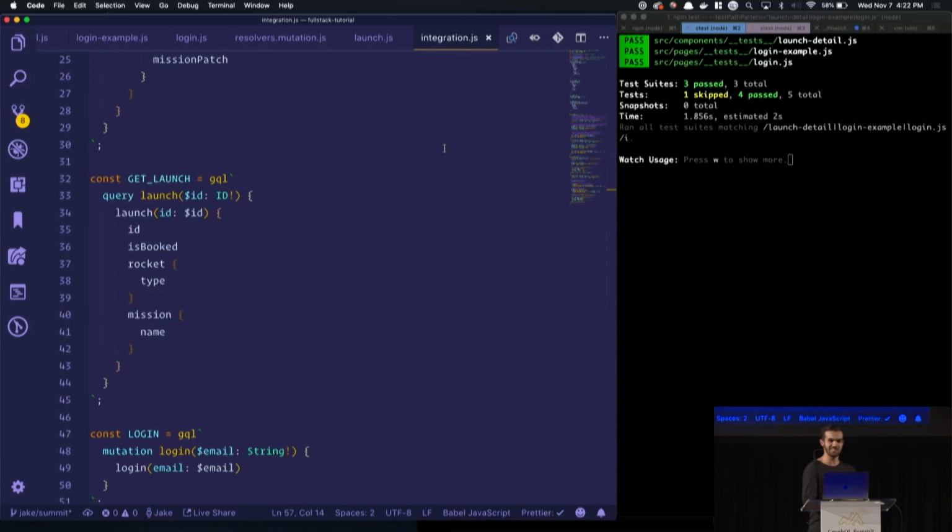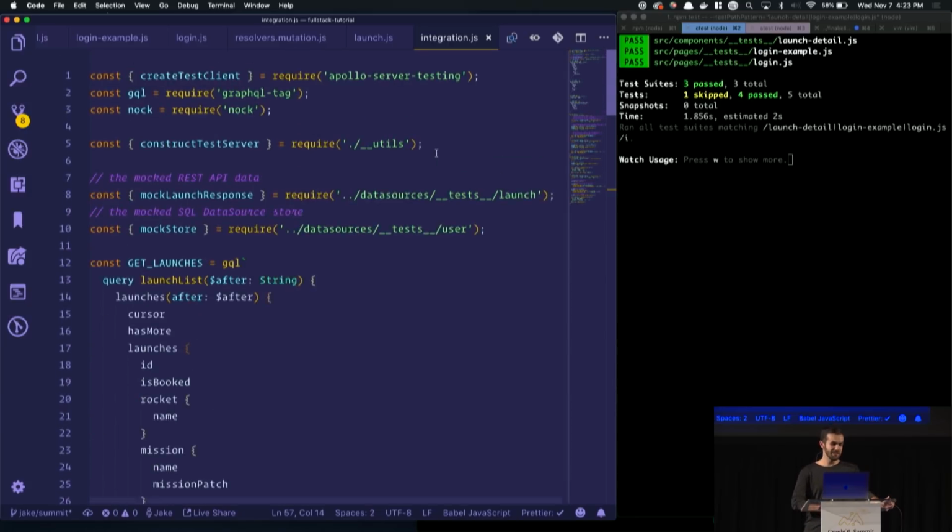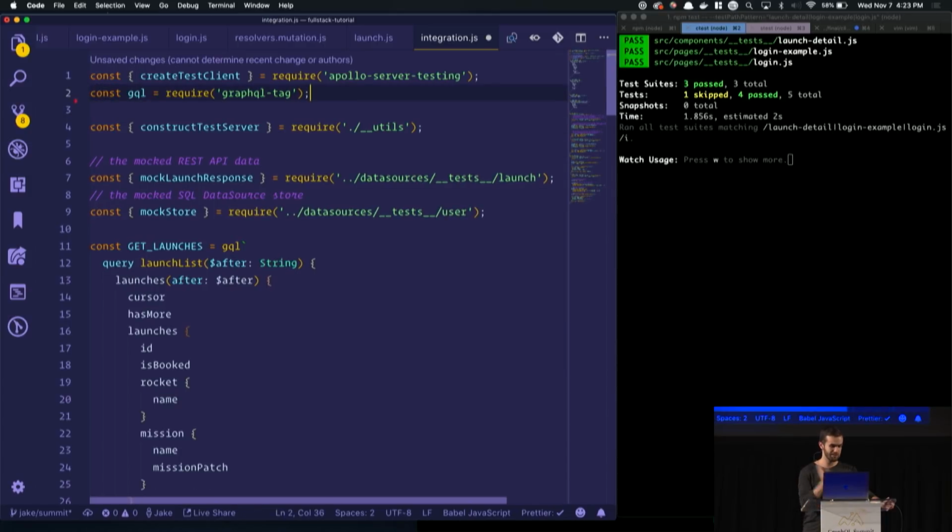I promised integration tests, so here we are. This is actually something that's kind of fun. I built this tool with the help of people, and it's really fun to use personally. So I'm going to do it. Ignore this mock. That's not supposed to exist because we're not actually mocking the HTTP calls at all.